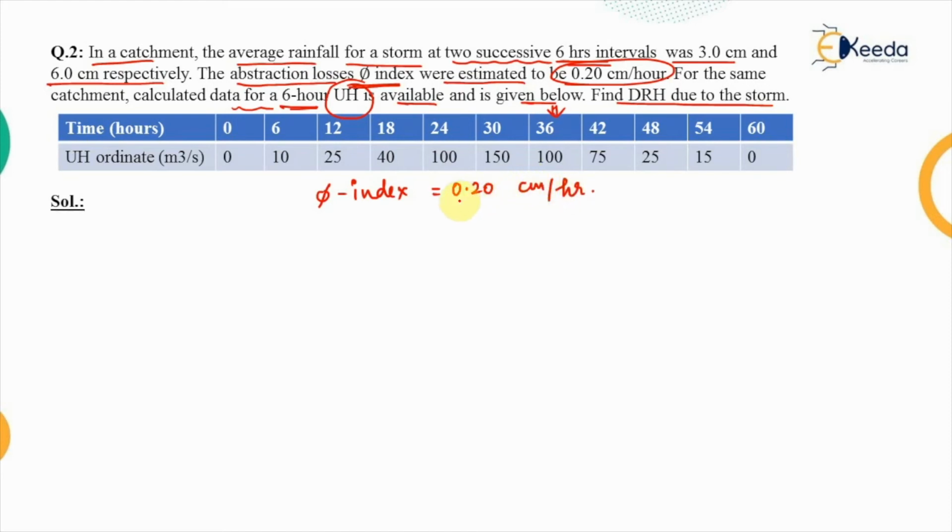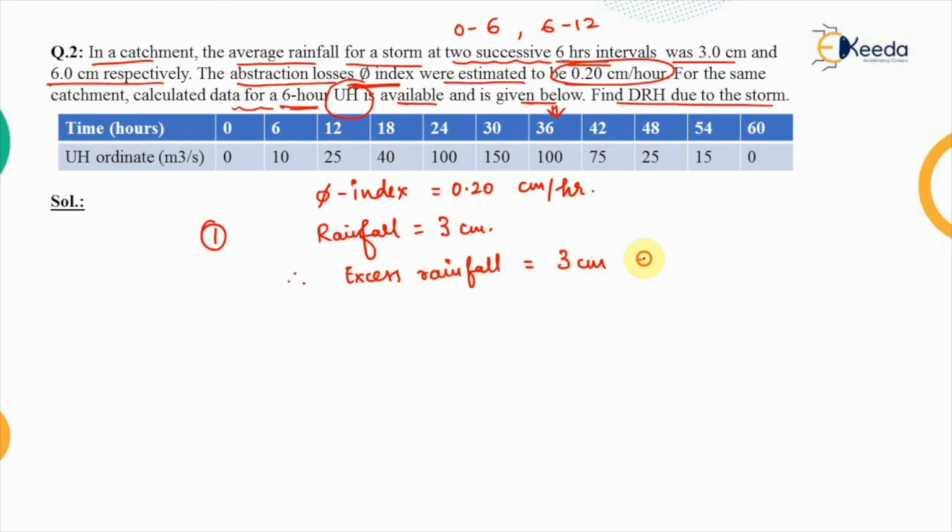Now the first rainfall occurred for 6 hours, that is from 0 to 6. Then the next one occurred from 6 to 12. In the first rainfall, the total rainfall that we have received was 3 centimeter. Therefore the excess rainfall will be equal to the total rainfall, 3 centimeter, minus 0.2 centimeter per hour, that is the phi index, into 6 hours, since it lasted for 6 hours. So from here we will be getting the value 1.8 centimeter,